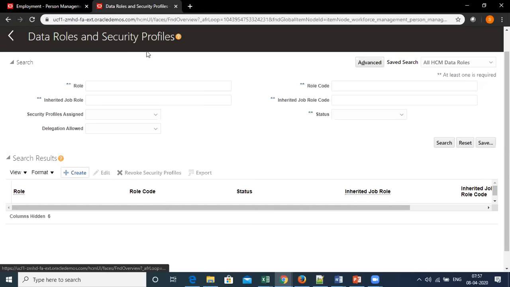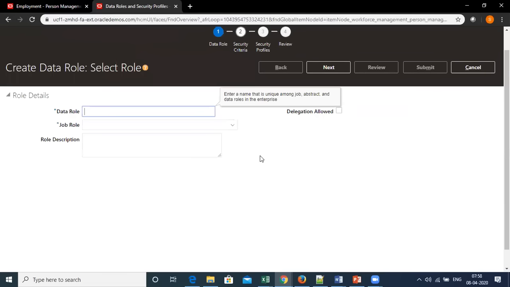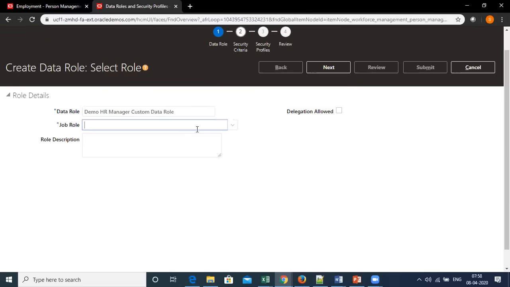In this data roles and security profiles, I can click on create. I can say demo HR manager data custom data role. Here I can select the job role which we have created, demo human resource manager custom.